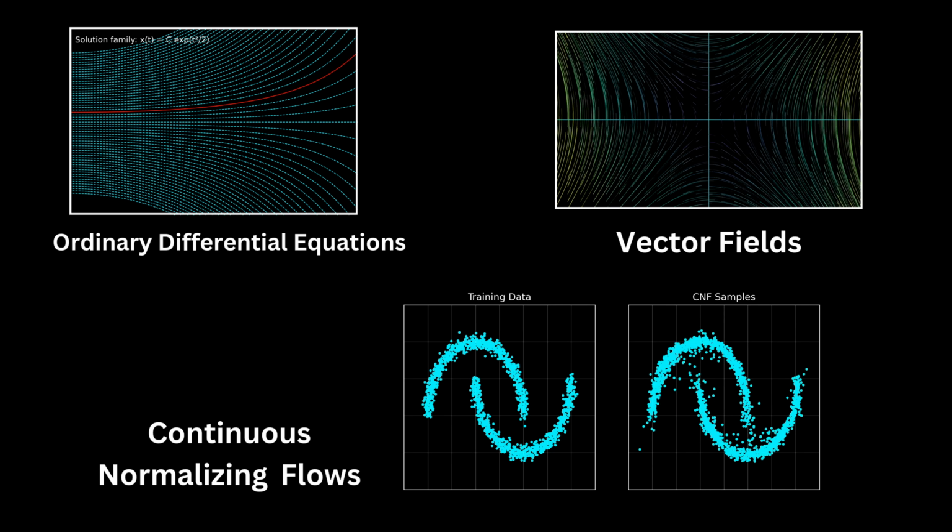As with our previous videos on generative models, our goal remains the same. Start with samples from a simple distribution and transform them into samples from the target data distribution. So with that goal in mind, let's talk about vector fields and ODEs and how they connect to our objective